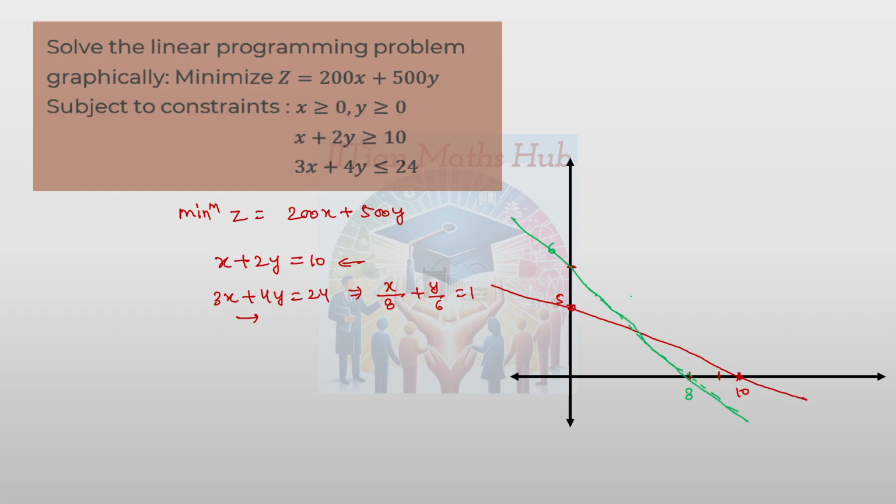This is the line. Now we have to find out the solution. Our solution will totally depend upon these inequalities. For the green color one, let's say this green color one is nothing but 3x plus 4y is equal to 24, and this red color one is